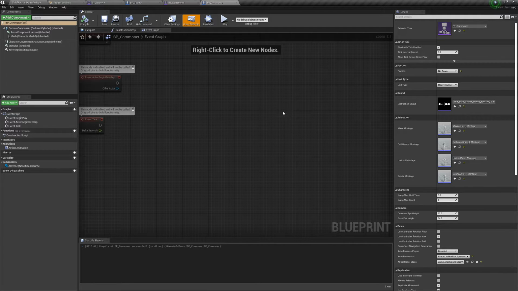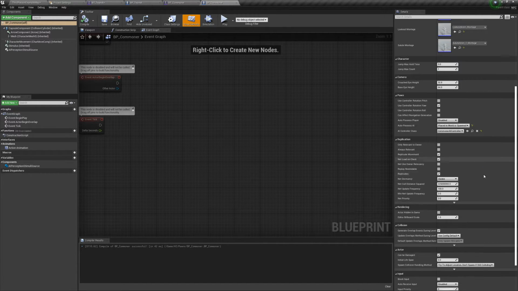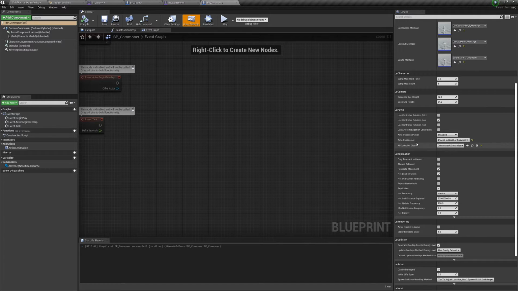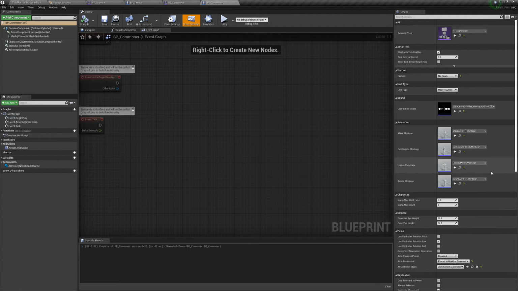Well, you can't. I read a lot about it, and I tried so hard to automate some of this stuff, and it just doesn't work. It might work. Somebody might be able to make it work, but I did so much research, so much reading, trying to figure out how to set the AI controller, because it's obviously settable, because it's right here. AI controller class. You could do it here. You could do the auto possess. This stuff. I should be able to access this function and set that as a default during the constructor, but I couldn't make it work.